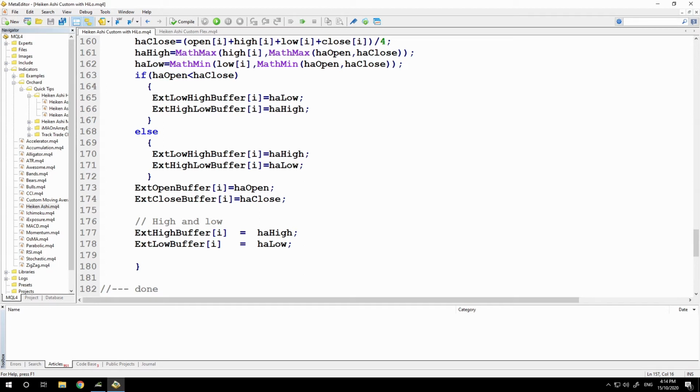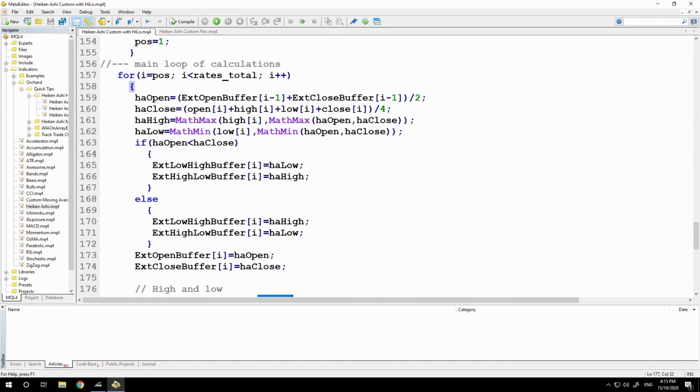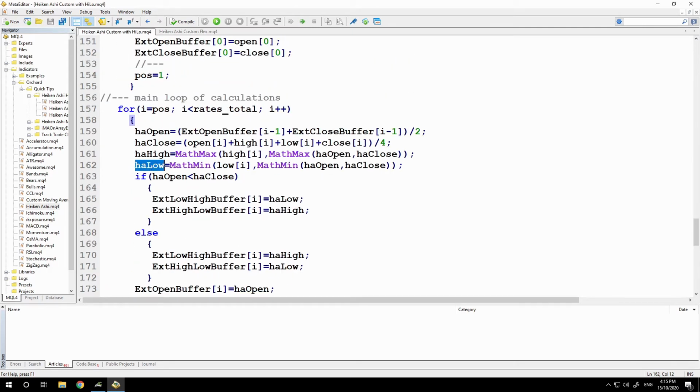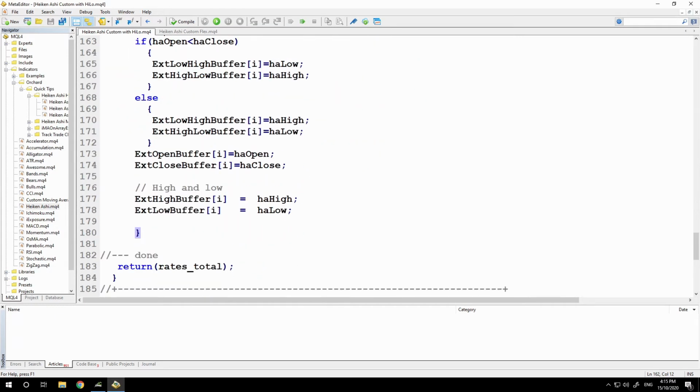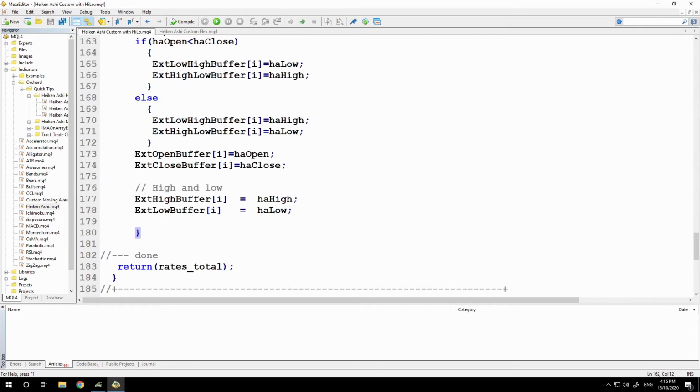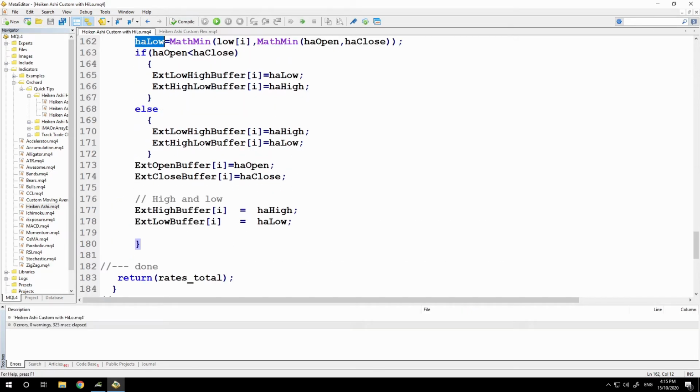And all I've done then is add these 2 lines, or plus a comment, 3 lines, where I'm setting the XTie buffer to the HA high, which is a value that's already been calculated above, and I'm just setting the low buffer to HA low, which is also calculated above. So all of the hard work of the calculations is already done. I'm just assigning them to 2 new buffers. So if I compile that and then switch over to the chart, no errors.